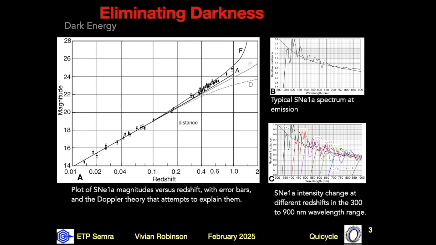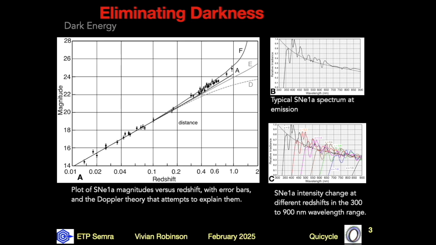The magnitude of an astronomical light source is a measure of the intensity of its light between wavelengths of 300 nanometers and 900 nanometers. It is not the total intensity of all detected light. Magnitude is an inverse logarithm relationship. The dimmer is the measured intensity, the higher is its magnitude. A star with a brightness 1% of that of another star has a magnitude 5 times higher than the brighter star.